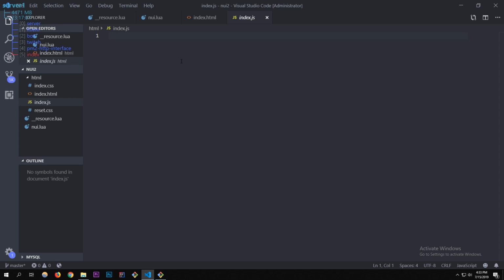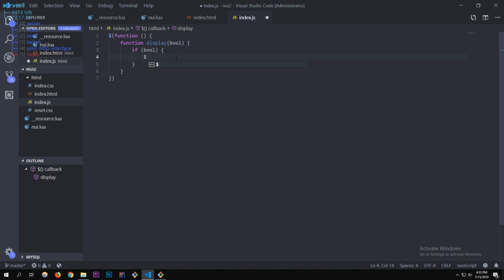What we're going to want to do is put this inside a jQuery function here. So to do that, we're just going to do function. This is going to be a lot of writing here, so stay with me. Inside this function, we're going to create another function. It'll be an actual function. We're going to call it display, and it's going to have a bool, just like our set display in the nui.lua. And if the bool is true,